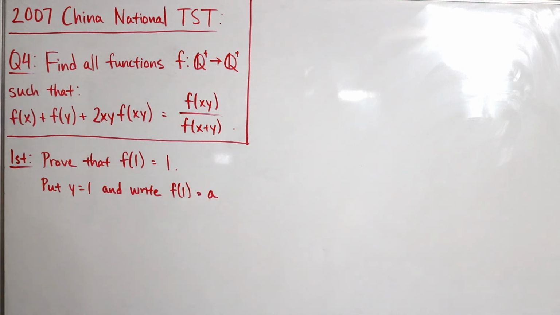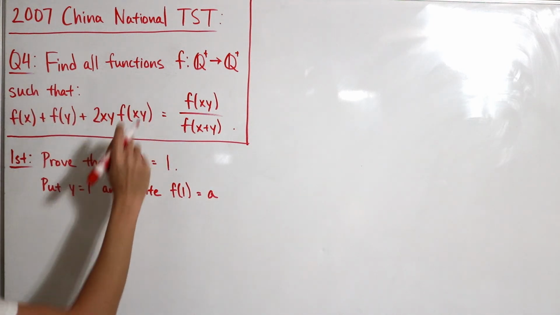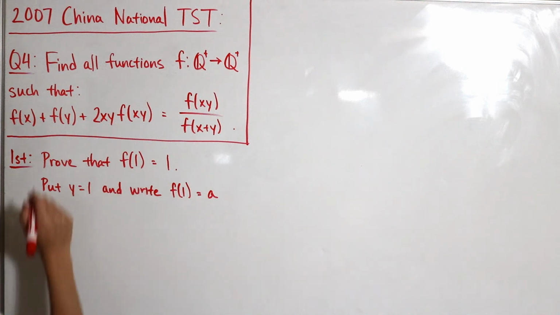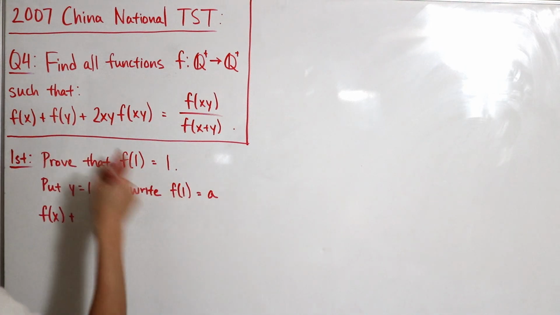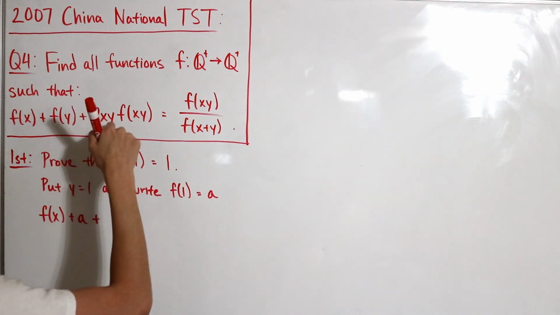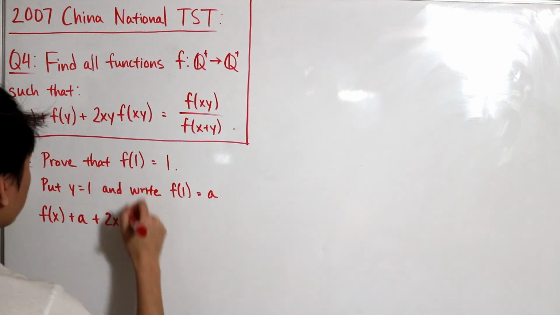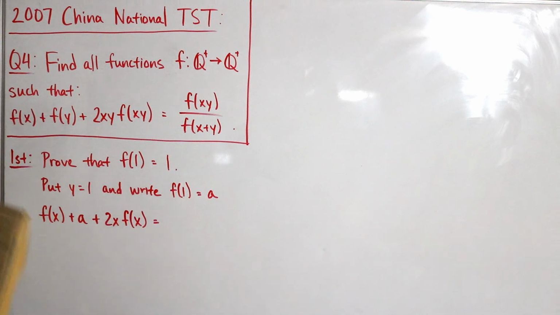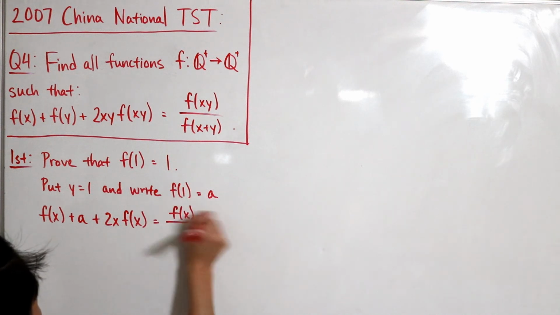So then what I'll do is we actually just plug in the following. We plug y equals 1 over here, and then f of 1 is equal to a. So we'll notice that we'll have f of x, then add this with, plug in 1, so that'll be a, then add this with, plug in 1, so this will be 2x, then multiply by 1, so f of x is simply equal to f of x on the top, and on the bottom the denominator would be f of x